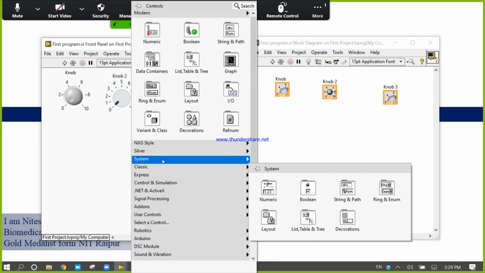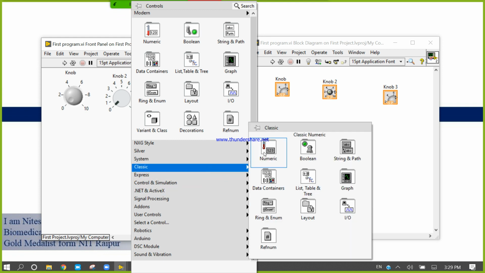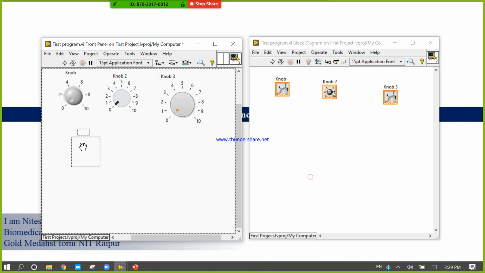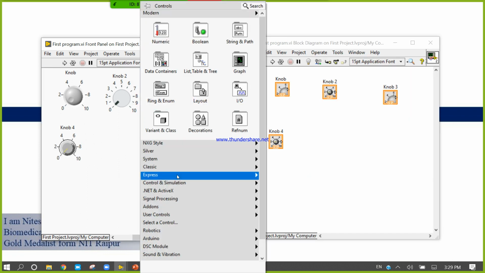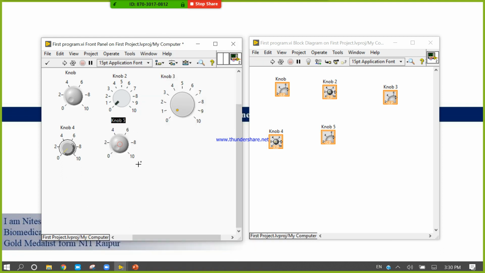There is no knob in System. If you take the knob from Classic, the knob will look like this, and you can take the knob from Express also. Both are the same thing. The performance, the range, the presentation, everything is the same.